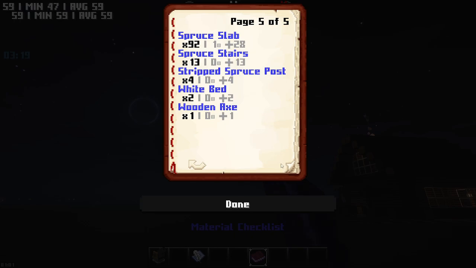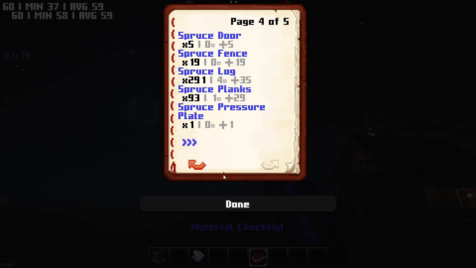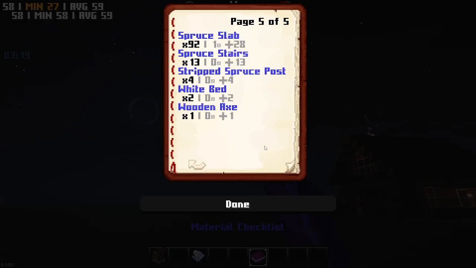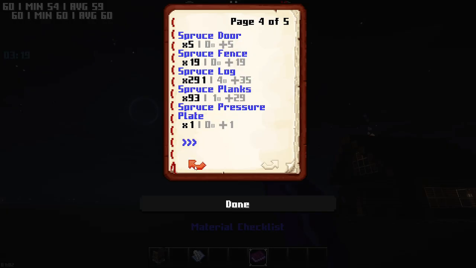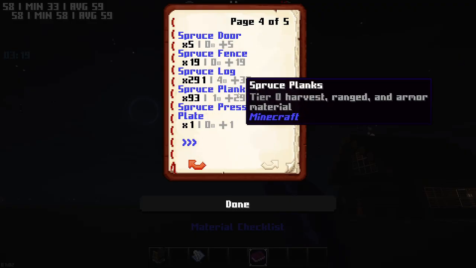So for the spruce planks, you are going to need 93 plus 92. Let me do some quick math right here. Okay, 93 plus 92. So I need about 185 slabs, not slabs, spruce planks. So in total, what you need is 185 spruce planks,